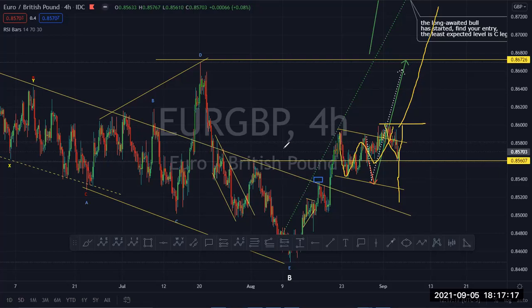But in any case, I can only think about buying on this pair. I don't have a reason to sell Euro pounds for now. And as a matter of fact, whenever the price comes to this level again, I will get ready to buy. The pair has been going down for a long time, so buying is what I believe we are getting now. So I will go to 1 hour. It doesn't matter for now. So let's check Euro